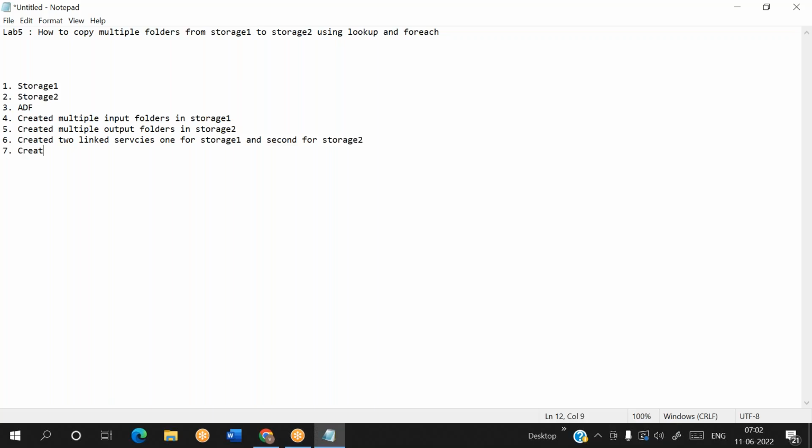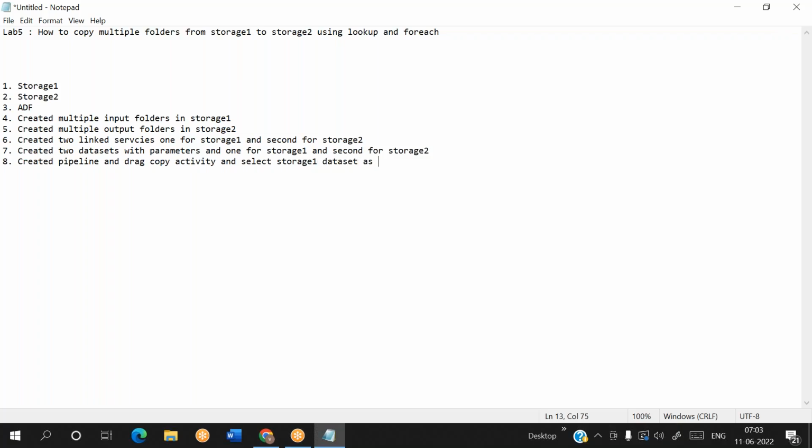The seventh was creating two data sets with parameters, one for storage 1 and second for storage 2. The eighth is to create a pipeline and drag a copy activity, and select the storage 1 data set